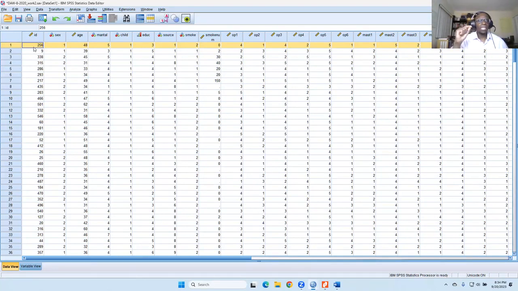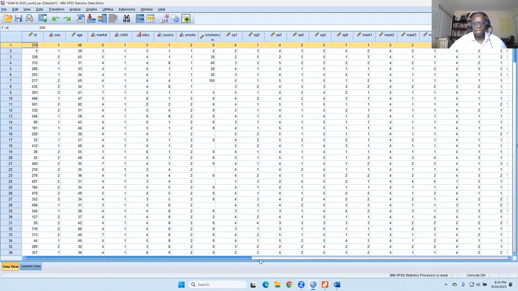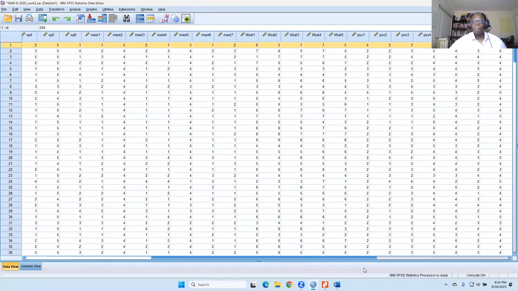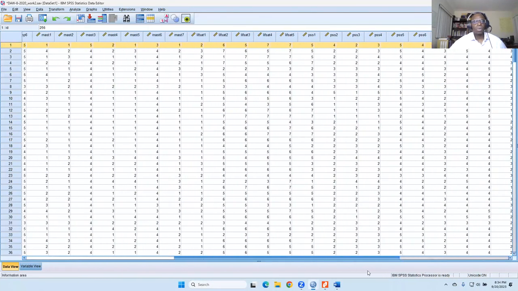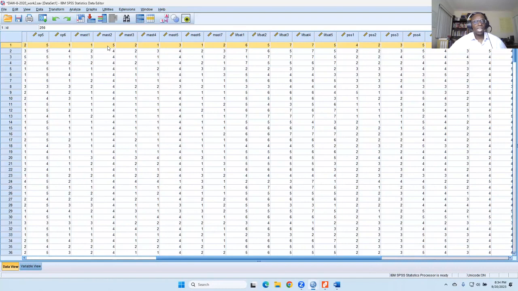Then we would go to questionnaire 256 and look up the response for mastery Q2. And then we would ask, what is the number that they put in? Well, if it was a 4, then we would replace the 4 with a 5.